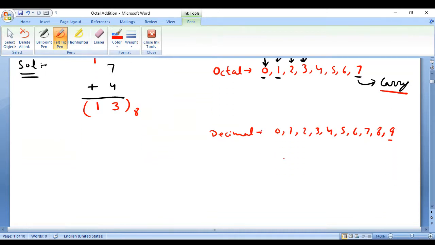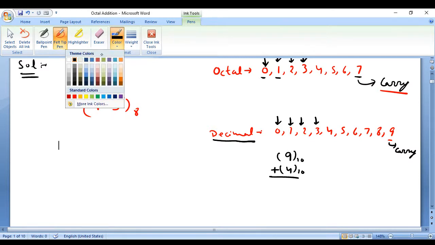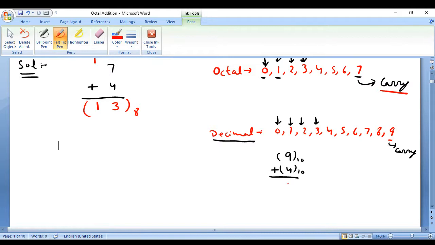Okay, let's take one example of this also. For example, if you have to add 9 plus 4, right? Suppose both are in decimal system, so what happens after 9 there will be a carry in case of decimal, right? So you have to take care of the system name also. Because you have to add 4, this is the first number, this second, this is third, this is fourth, right? So ultimately what is the answer that you got? Again here you will get 3 as the answer, and 1 will be the carry, so therefore 13 will be the answer, and it is in decimal system, right? So concept clear? This way we can solve for the decimal system.